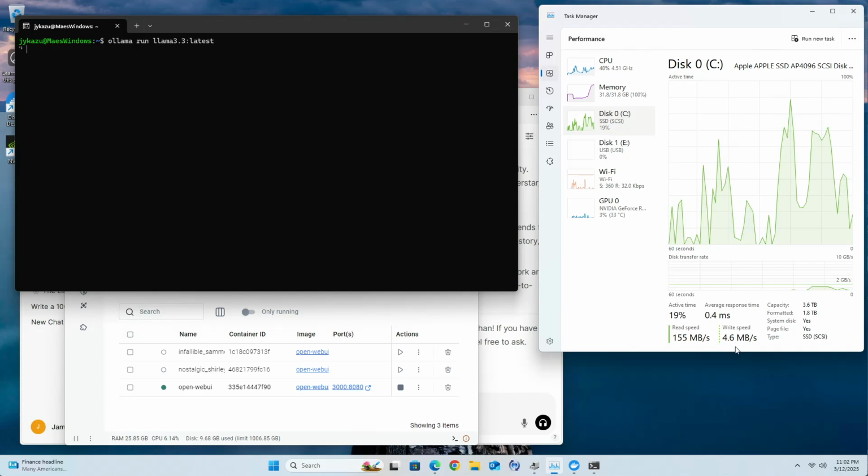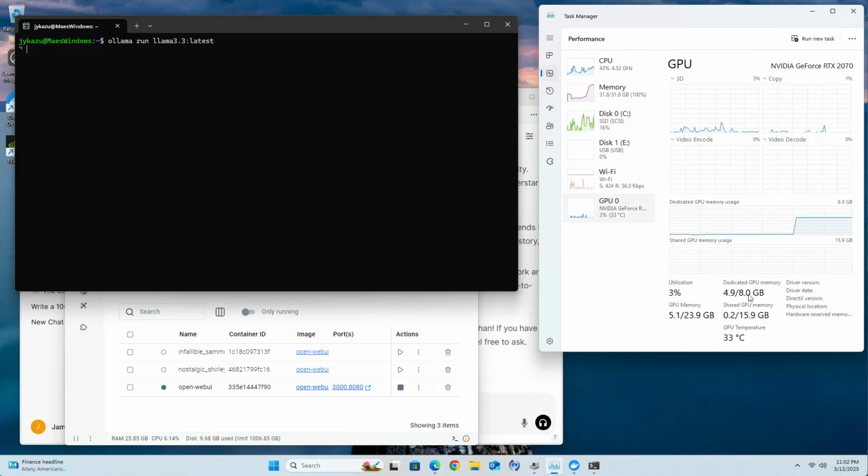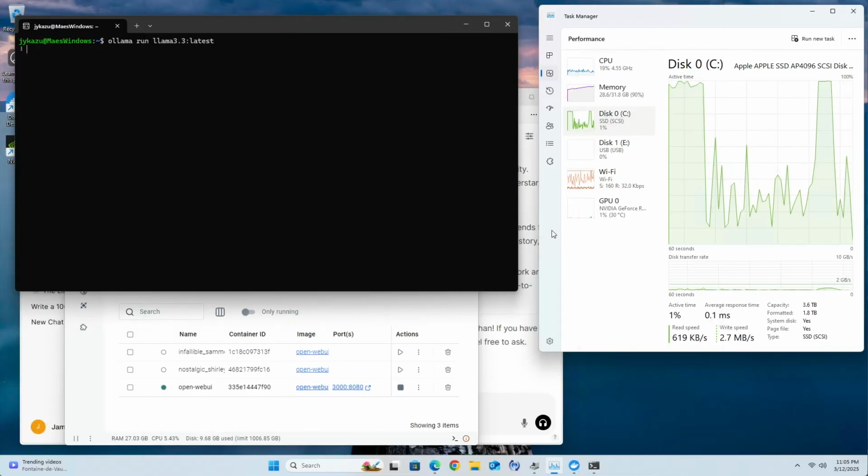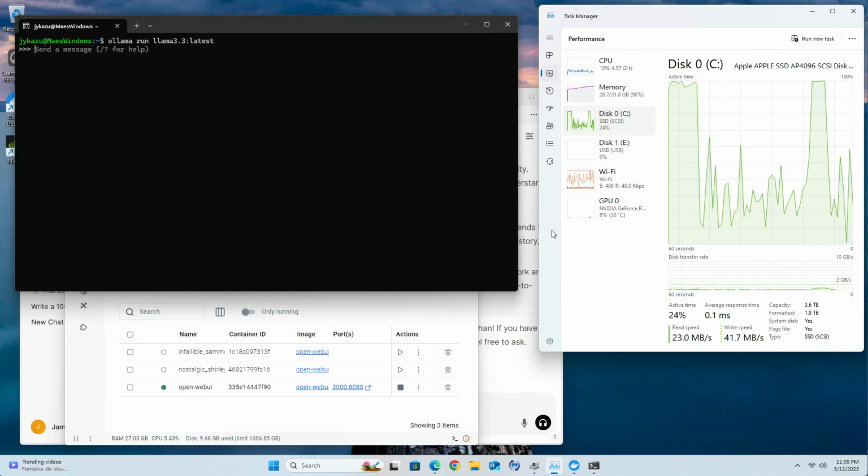The disk is starting to, well, right now the disk is reading, so it's not going to be thrashing yet, but it will soon. The GPU looks like it's slowly taking some memory. Right now it's only about 5 gigs. It's still loading, so it does take a while to load. Let's just skip ahead. Okay. Now that it's loaded,